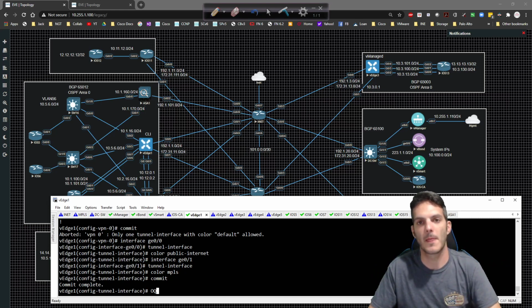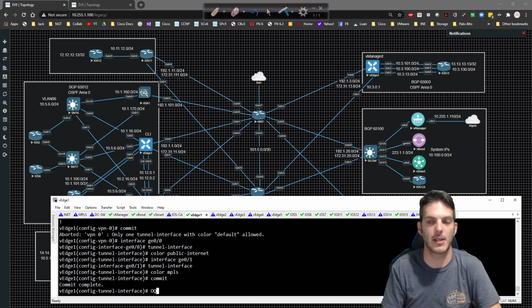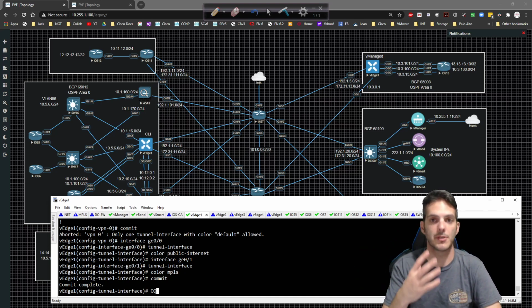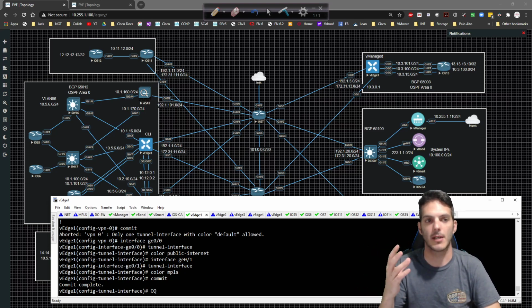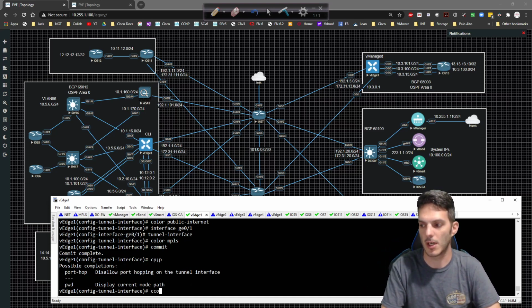So by using the color, I can differentiate public internet from private WAN. For example, if I had 4G LTE or some other type of service, I could designate it as such. There's a number of colors that you can use. As a matter of fact, you can use color,